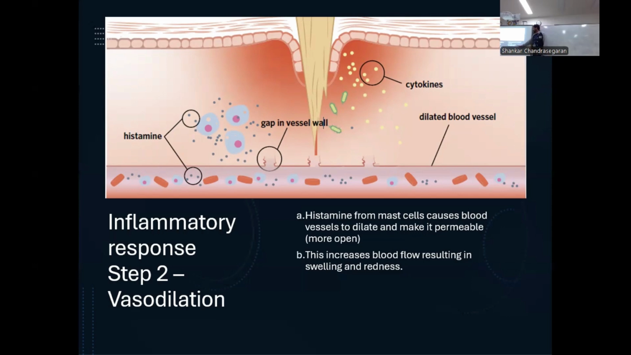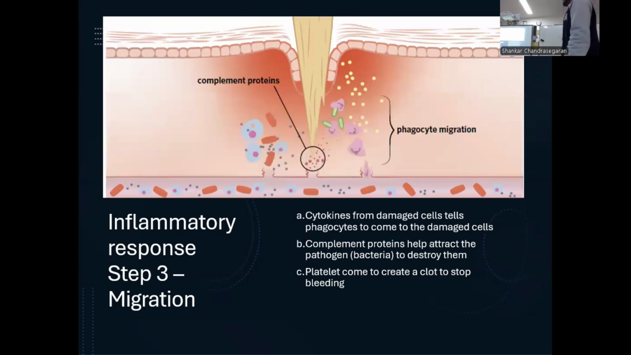Right? This increases the blood flow around the swelling, resulting in swelling and redness. So anytime you guys get a cut, the reason why it gets red and hot is because it is undergoing the inflammatory response. Okay, so now that everything is in place, the third step, which is migration, is basically when